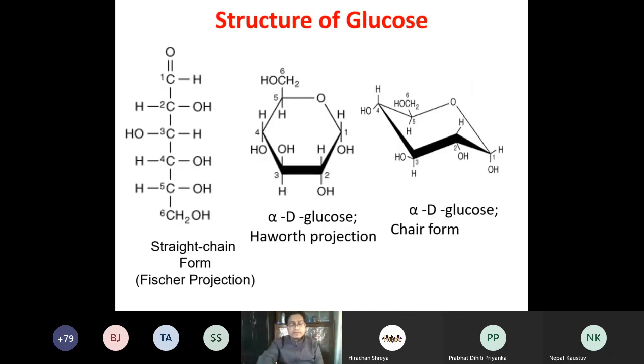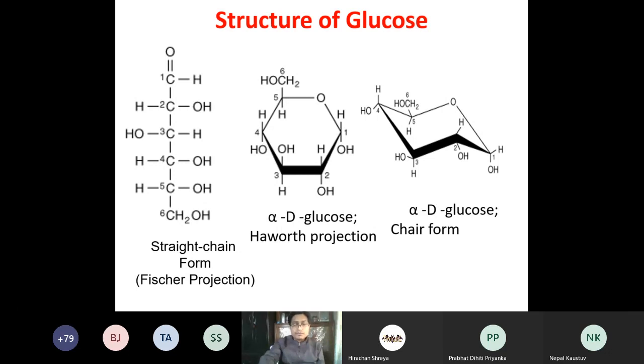Now, structure of glucose, we have already seen in the earlier class. This is just a revision. Mainly there are two forms. One is the straight chain form, which is known as the Fischer projection, and the other is the cyclic structure, which is known as the Haworth projection. In this cyclic structure also, we make it simple so that all 6 sides are equal. But in nature, they don't exist as such. There are several conformations. The most important and most stable is the chair form. Others may be the boat form, staggered configuration. There are many more conformations, but the most stable one is the chair form.